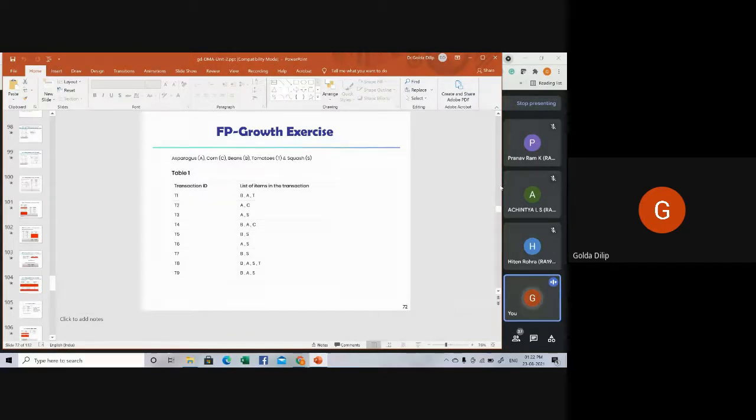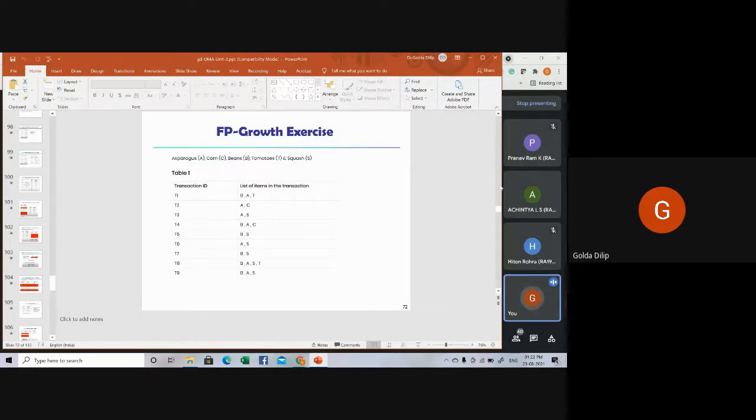Do you remember what was the difference between Apriori and FP growth? Can somebody tell me the difference between Apriori and FP growth? Hiten, can you tell me what's the difference? Hiten, Achinta? Ma'am, yes, ma'am. Can you please tell me, do you know what is the difference between the Apriori algorithm